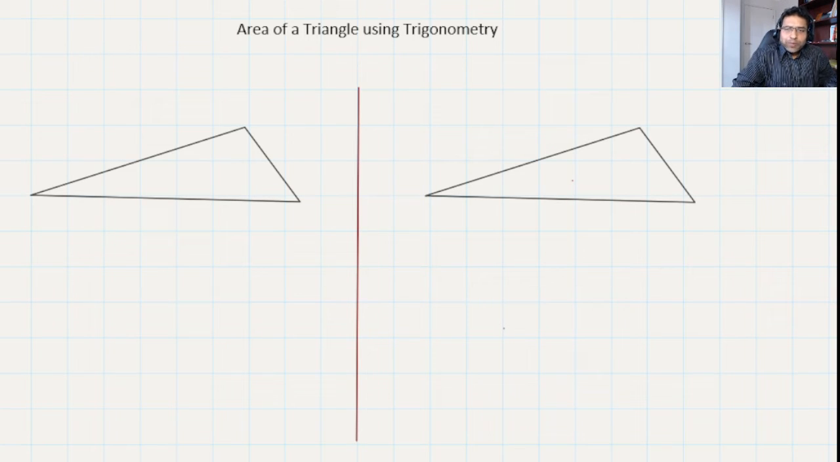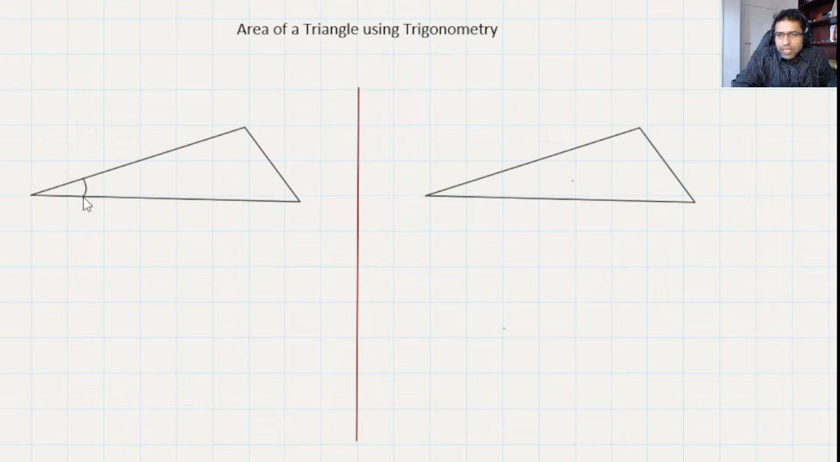Welcome to MathSolve. In this video, we are going to look at the area of a triangle using trigonometry. Why am I mentioning using trigonometry? Because if you see a triangle which is not a right angle triangle, and we don't have the perpendicular height,